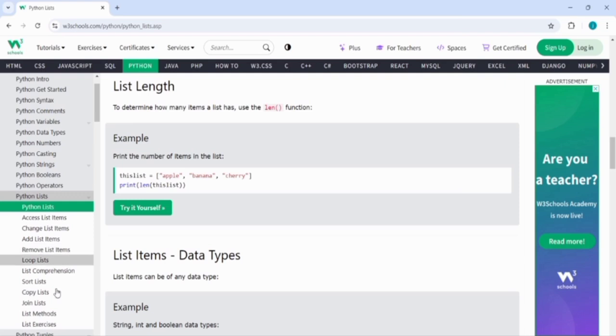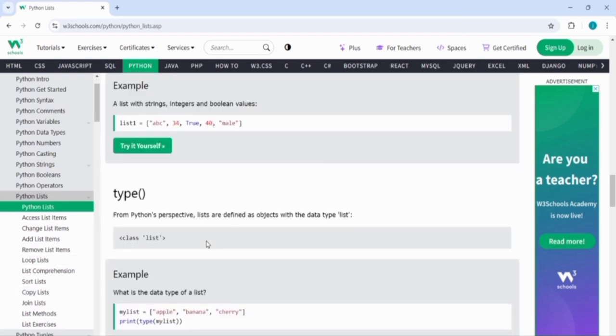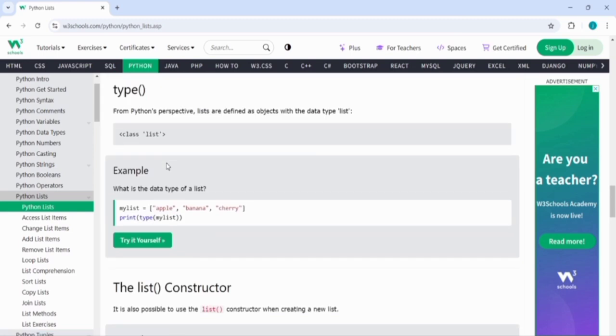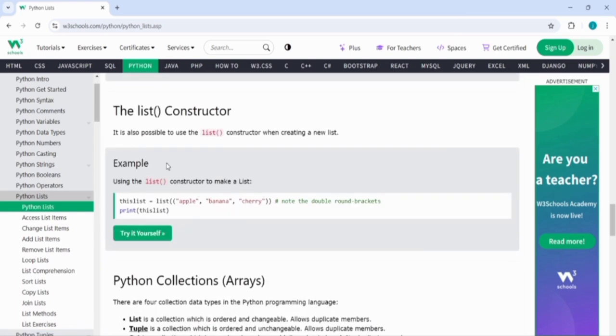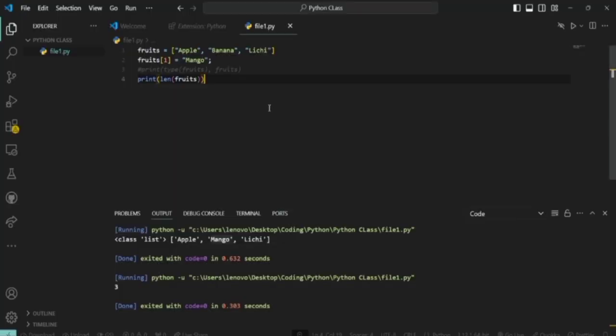Now moving back. You can create different types of lists, like string, integer, boolean, float, any data type you can create. You can also convert something into a list. For example,